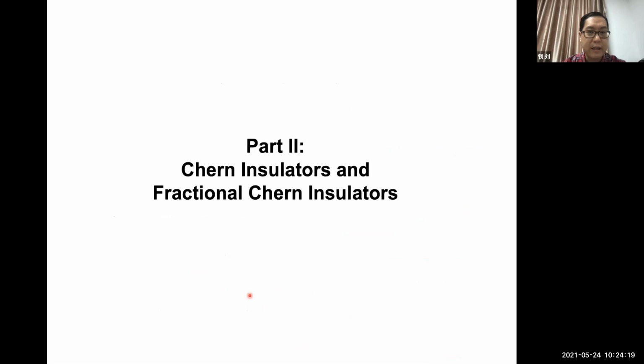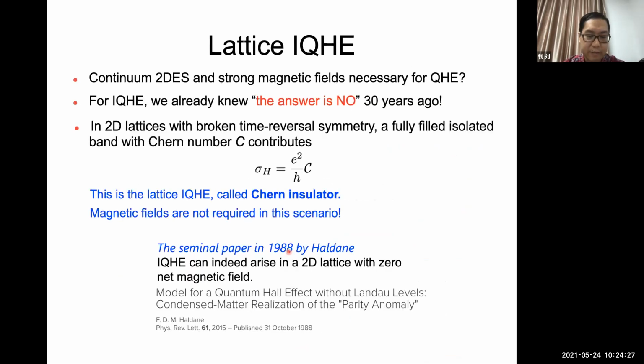Okay, so now I finished the first part. Now let's go to the second part, Chern insulators and fractional Chern insulators. Okay, we have seen that the quantum Hall effect in a 2D electron gas in a strong magnetic field has many amazing properties. So one natural question is, are a continuum 2D electron gas and strong magnetic fields necessary for realizing the